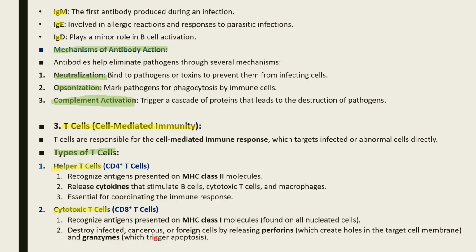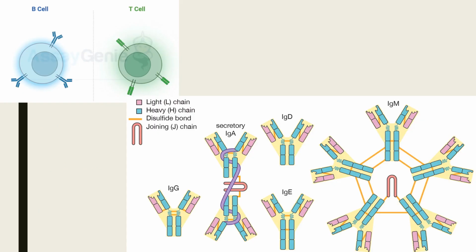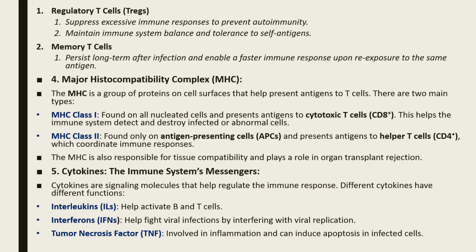Number 2, they destroy infected, cancerous, or foreign cells by releasing perforins, which create holes in the target cell membrane, and granzymes, which trigger apoptosis. Regulatory T cells and memory cells. Regulatory T cells suppress excessive immune responses to prevent autoimmunity, while they maintain immune system balance and tolerance to self-antigen. The memory T cell usually persists long-term after infection and enables a faster immune response upon re-exposure